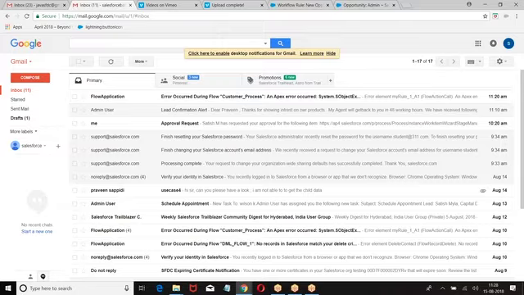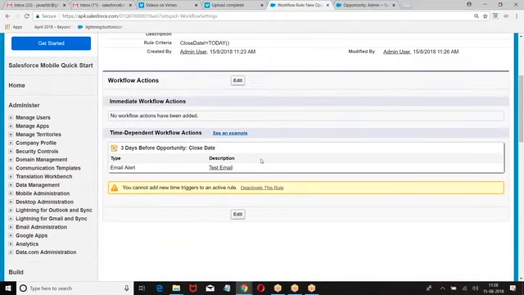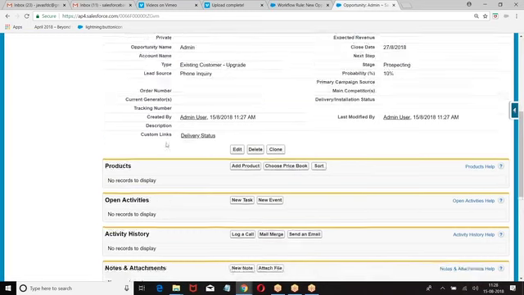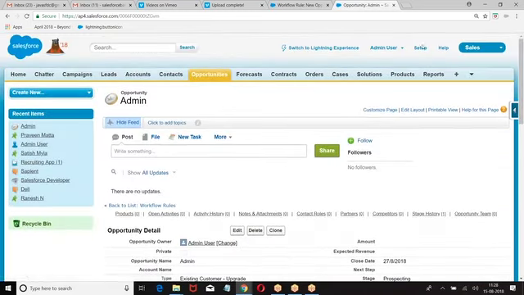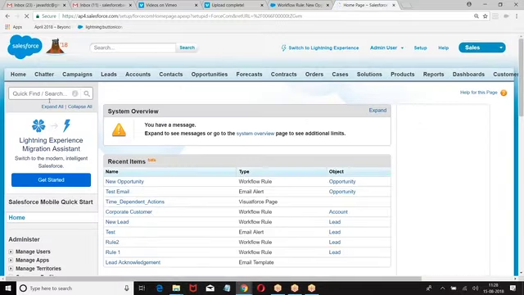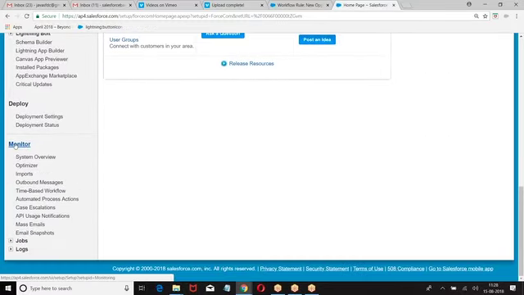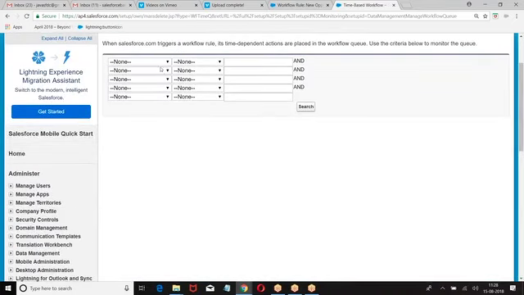For that, we have a process here. My rule is created, I created a record, the condition is met, so automatically the action should be fired. So how do you check it? Setup, monitor. Setup, monitor. So what we have here? Time based. Give a condition. When object equals to